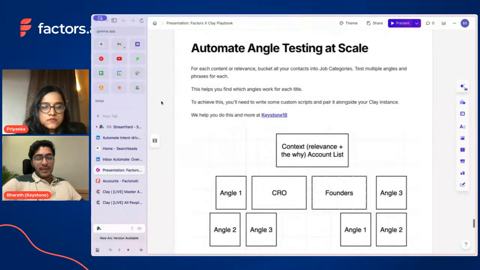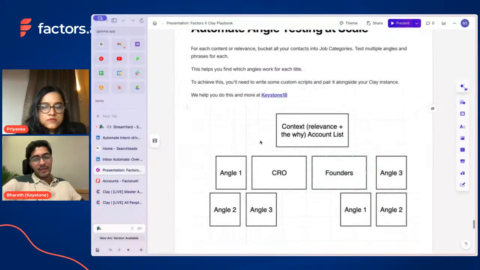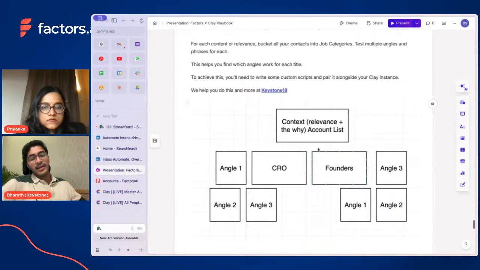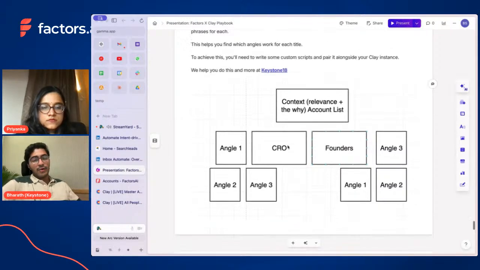Another one might be this: at the end of the day, a business is just about what we can say to certain groups of people such that we get their attention, and what is the right angle to say it. So if you had CROs, founders, and different job buckets, how can we automate angle testing?